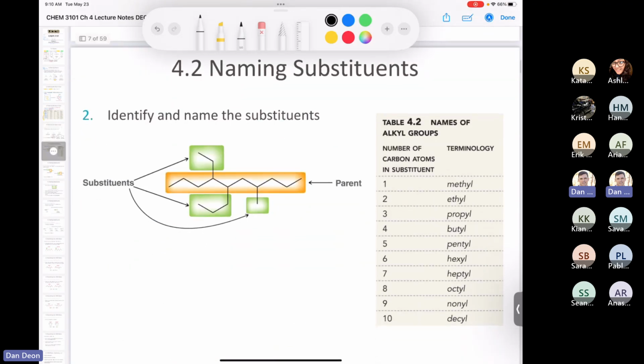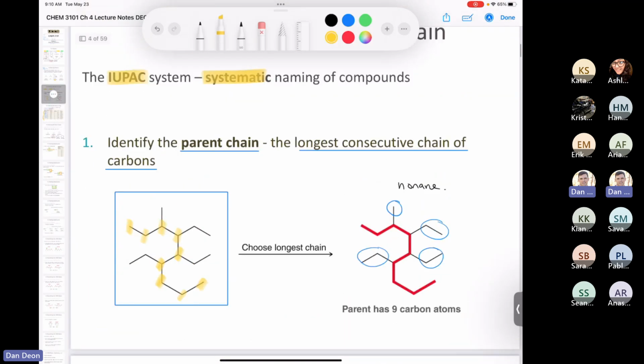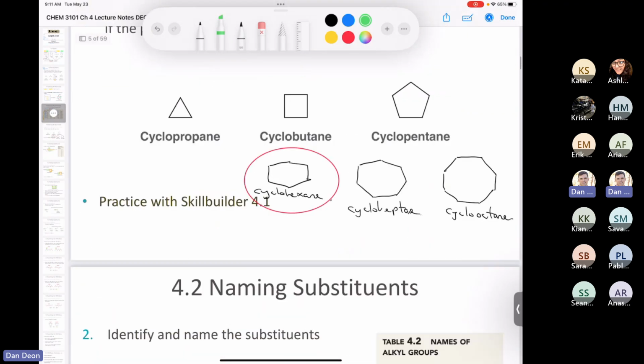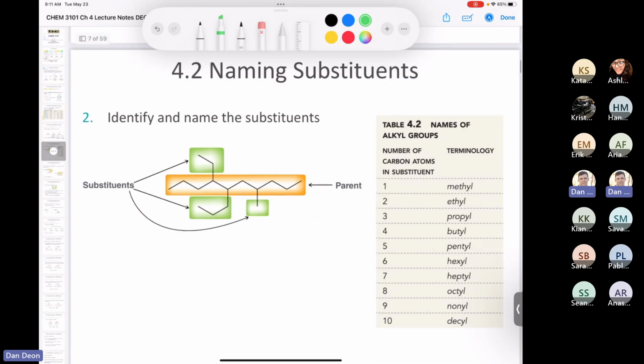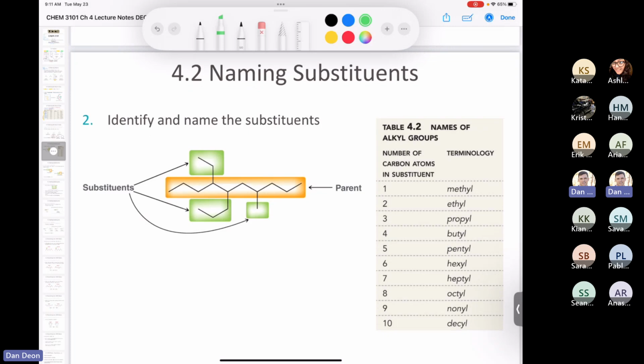And if you're wondering, well, what about those little things that were dangling off the side that you put in the blue circles? Here, here, here, and here. We call those alkyl groups. And now I'm going to introduce to you the alkyl groups that you need to have memorized. If you have a straight chain alkyl group, meaning it's just one carbon after another and there's no branching, the ones that we're going to use in this class, mostly, I would say 95% of the time, would be the first four.